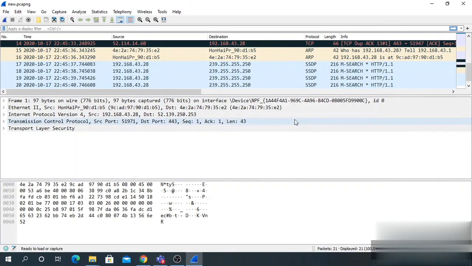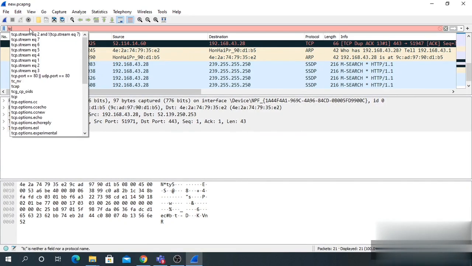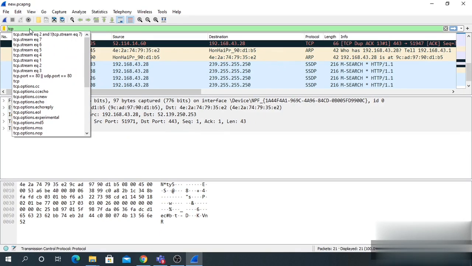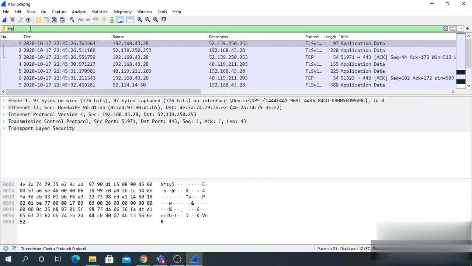To filter the packets, the most basic way to apply a filter is by typing it into the filter box at the top of the window and clicking Apply. So here I will type TCP and then press Enter.